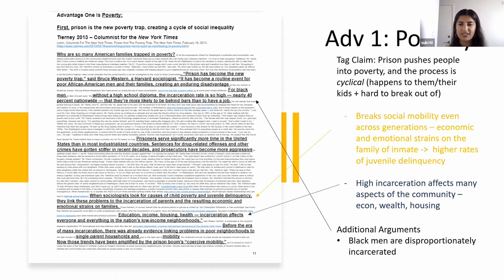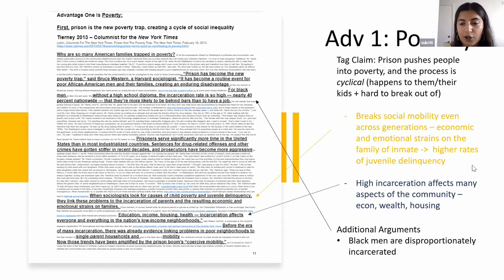And it says that prison or being imprisoned kind of blocks anyone's ability to do that, or it doesn't block, but just makes it much harder. And additionally, it puts a lot of economic and emotional strains on the family, which often has a lot of effects on the kids, which makes it kind of cyclical as well. So there's two different arguments you can tease out there.